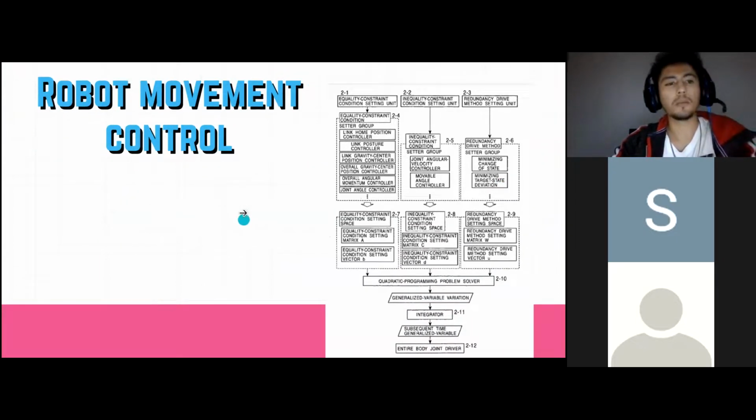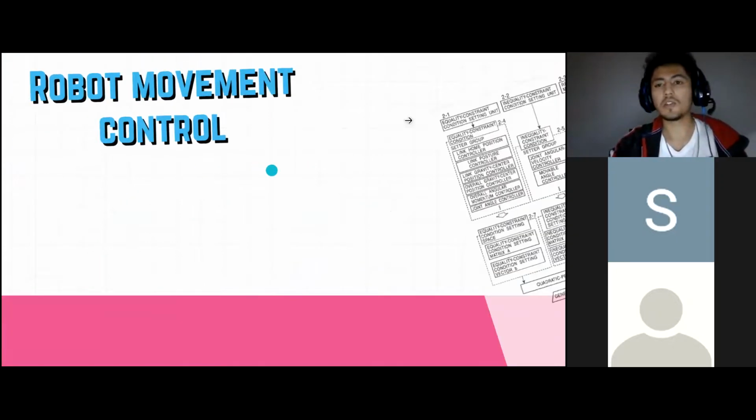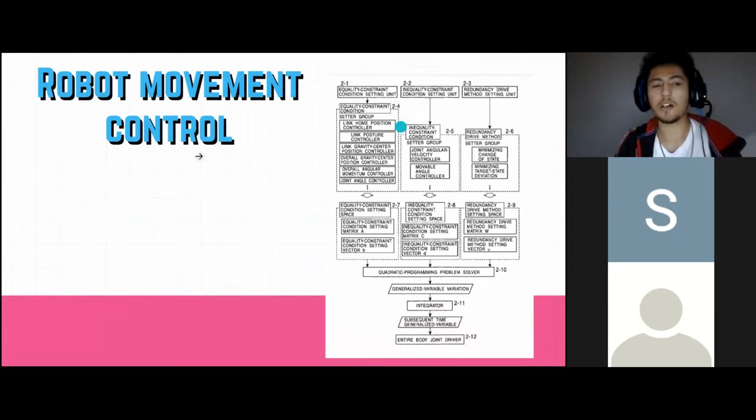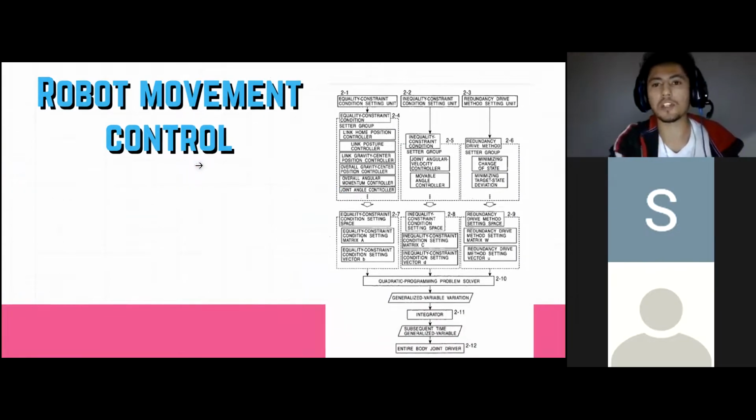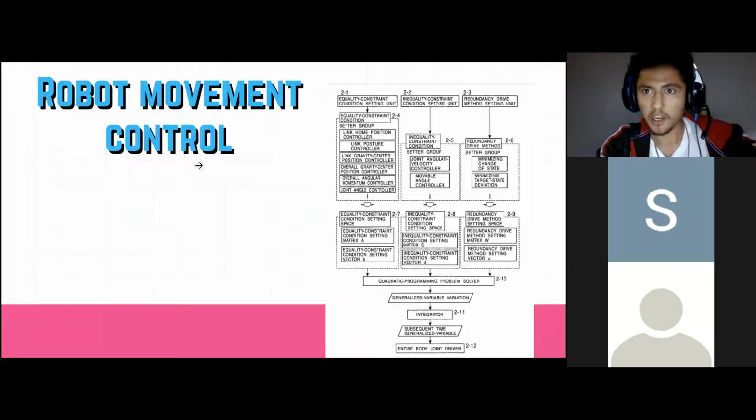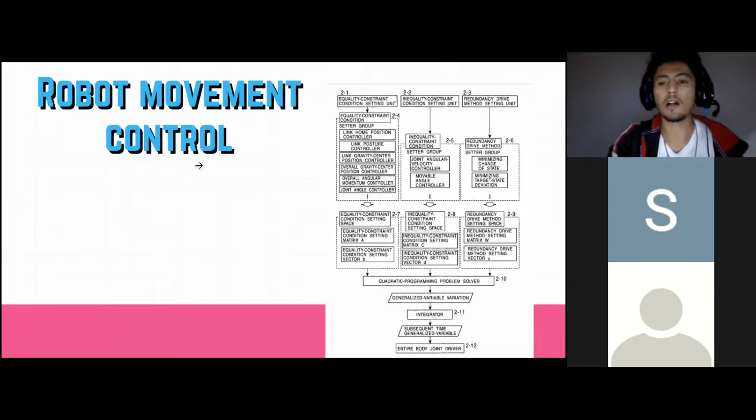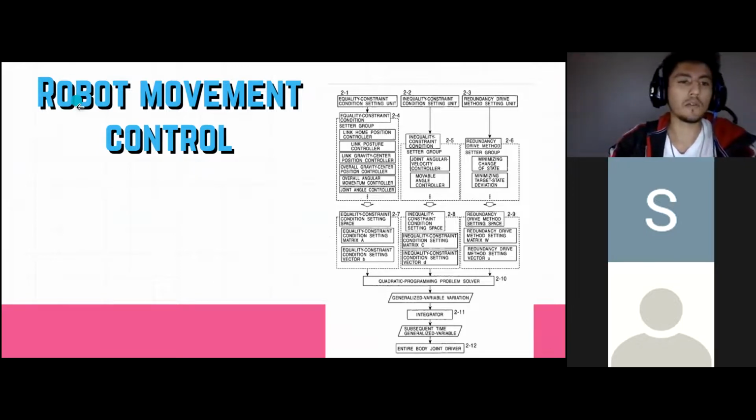Robot movement control. On this page, you can see 12 points of control, like equality constraint condition setting, inequality constraint condition setting unit, reducing dry method setting unit. All of them conform the system. So, how to move